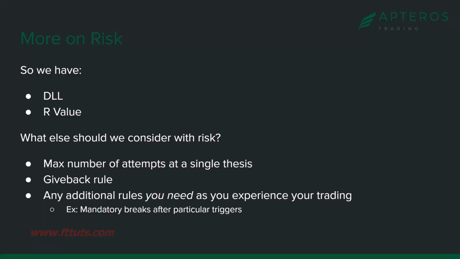And then there are other rules that you need. Maybe you experience certain triggers, certain sequences of events, maybe 2 losers in a row, which trigger you and send you into a screwed-up process or going into revenge type mode. Create rules, which are a risk rule. It may not have a dollar value on it, but trust me, it's going to be dollar value related at the end of the day or the end of the week or the month. You have to take a break if you have 2 losers in a row. Take 15 minutes, get some fresh air, come back and lock and load.